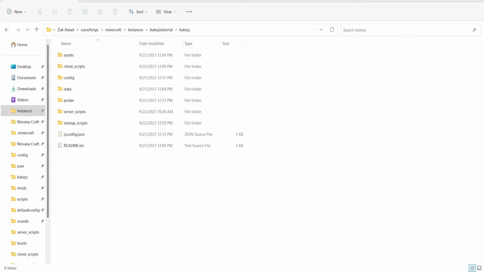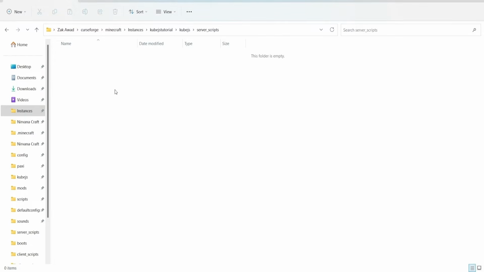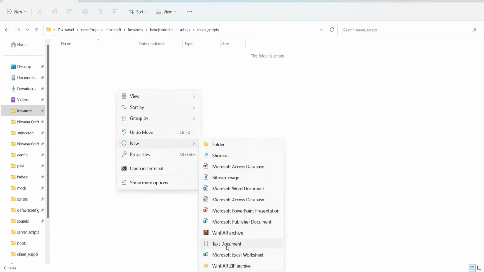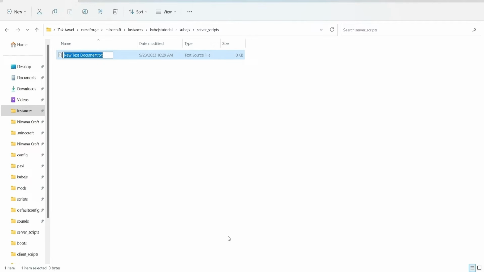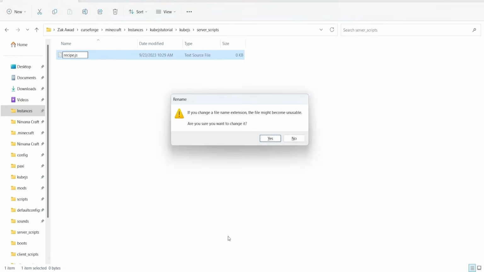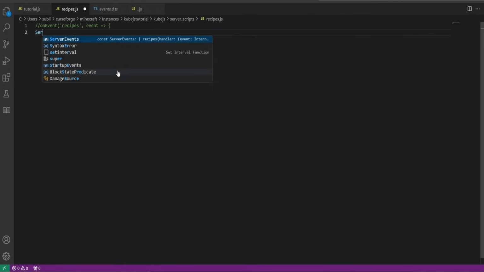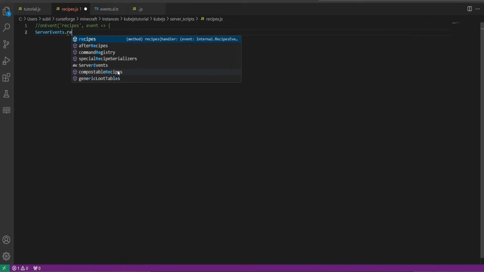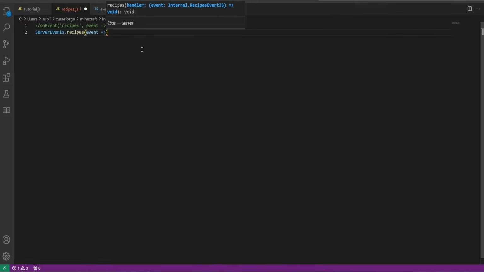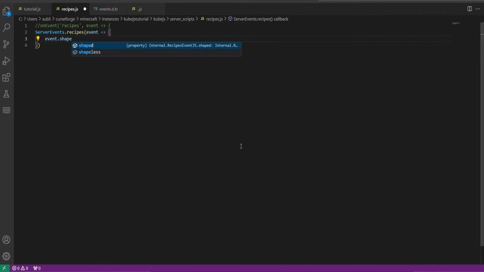And now what we will do is create a recipe to make mammoth string craftable into mammoth wool. So this will be in a server events folder. We will create a new text file and we'll name it recipe.js. So we'll be doing ServerEvents.recipes this time. Event equals bracket, curly bracket, and then we'll do event.shapeless, since we'll be doing a shapeless recipe,